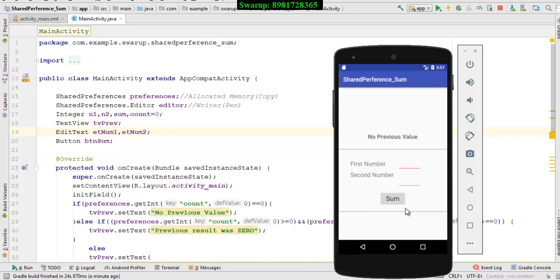Hello everyone. In this video, I am going to share some information about shared preference in Android. What is shared preference? Well, it's a mechanism of storing our data in the form of key value pair so